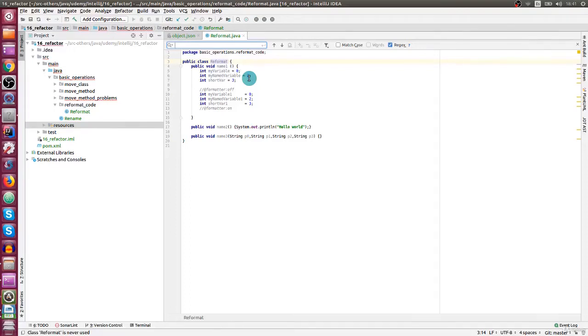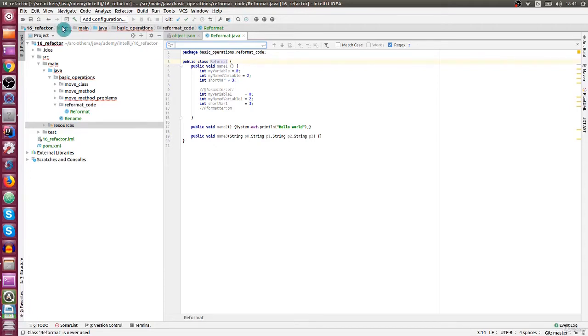In this lecture, we are going to learn how to automatically reformat our code. This is very useful because when you are working in a team, you don't want each of the persons to have their own code style, but you want to have a single code style across your code base. The point is that when you are typing, maybe you don't follow it and you don't want to correct it